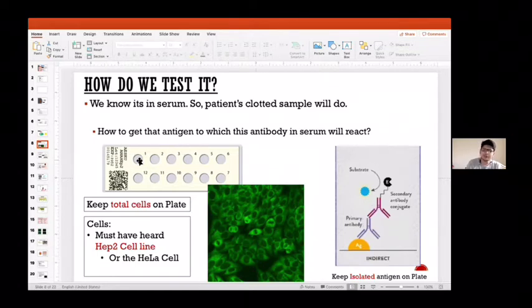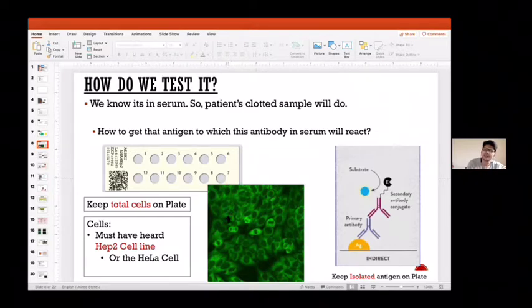So in the immunofluorescence method, if you go to your lab or any private lab which is doing ANA, you ask them, show me the ANA slide. It will look like this. Here we use a control, but let's forget about the control and everything. What we do here is, on this well, we keep cell lines. So cell lines means there are actual cells on this well.